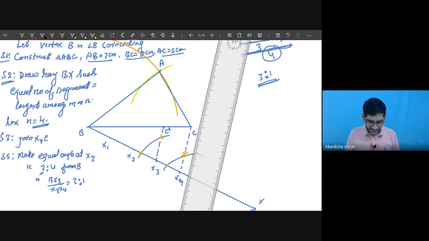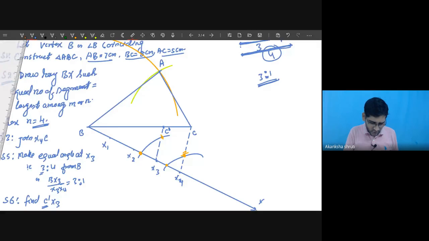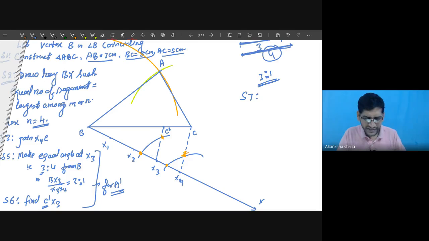Now you have to join or get C dash x. So find C dash x3. This way the C dash is determined. Now these two steps we have to do for A dash also. How? So let me write for the step number 7 here. So our step number 7 is